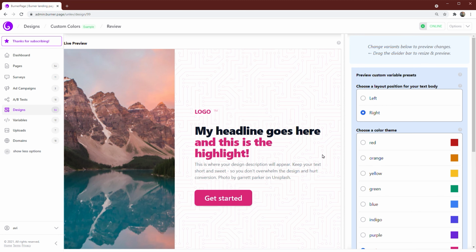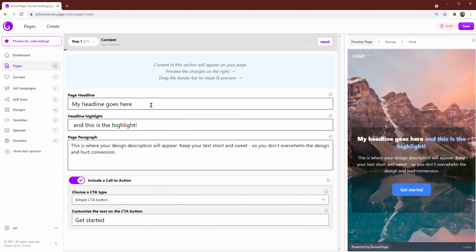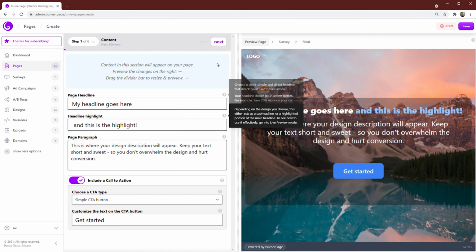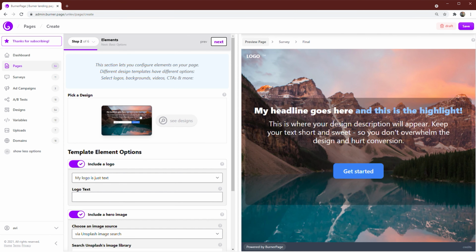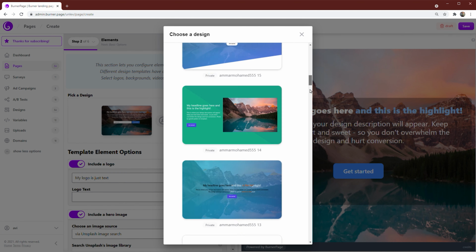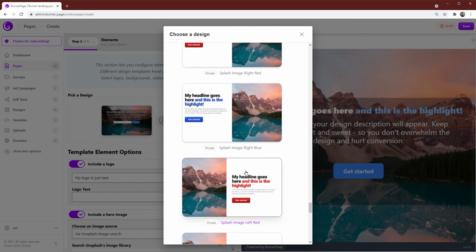And what's really cool is once this design is created, these variables are now ready for any page to use them. So let's show you how that would work. So let's actually go create a page. So I'm going to create a new page. We'll leave all the default stuff for purposes of this demo, and we'll go to the design tab, which is the interesting area. And we're going to go to pick a design. So I'm going to go to the new smart design,